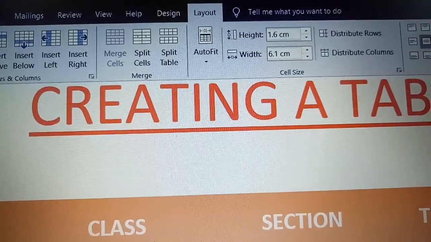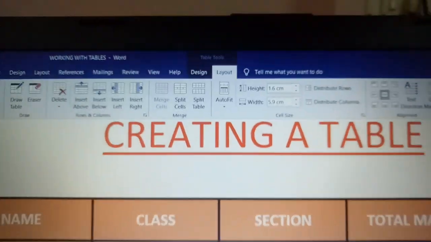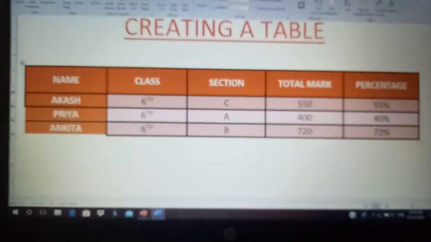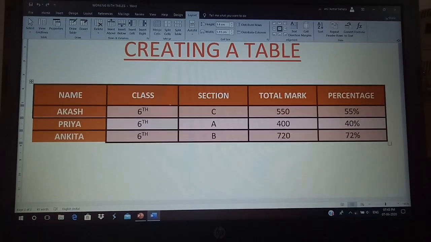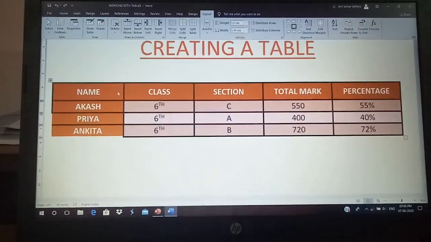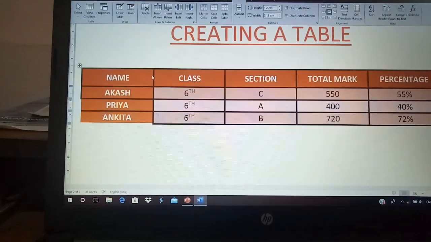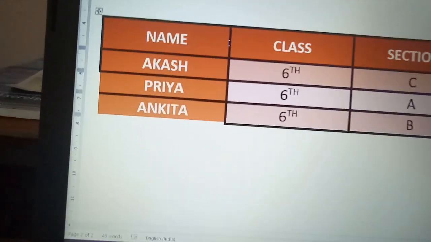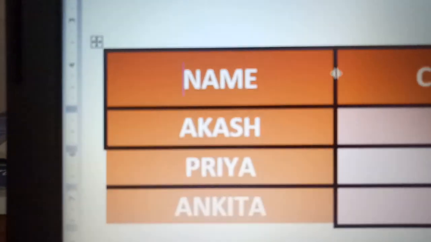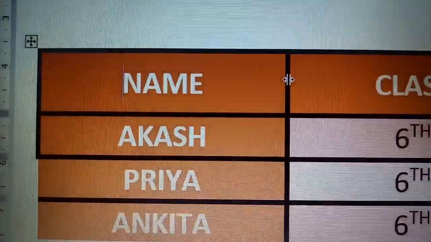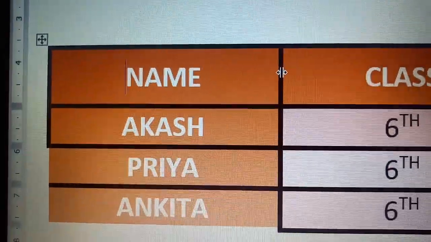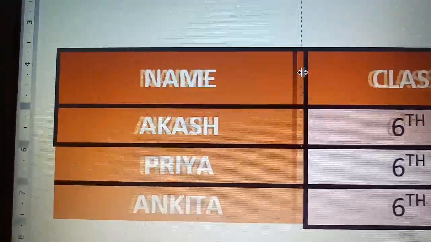There is another shortcut method also for this. Simply you take your mouse pointer. When you point to the border of the columns, you get a two-sided arrow symbol. Just when you get that, click and drag.